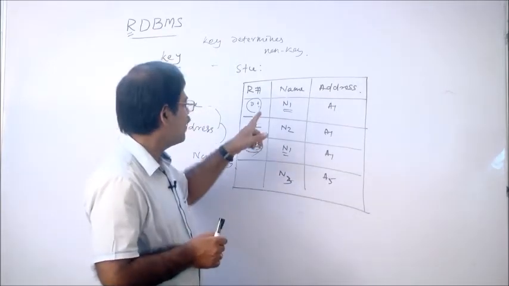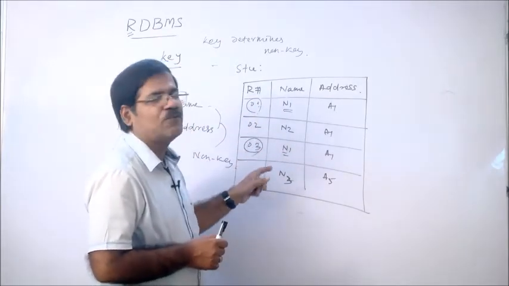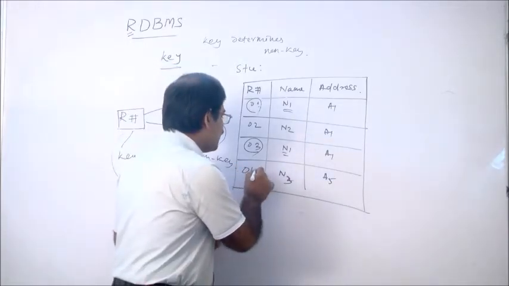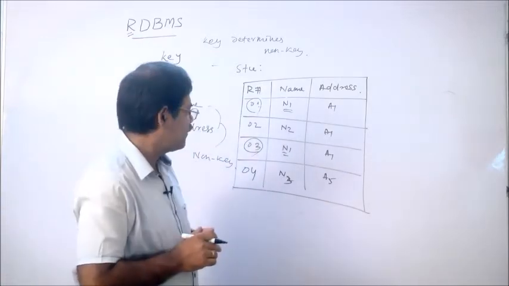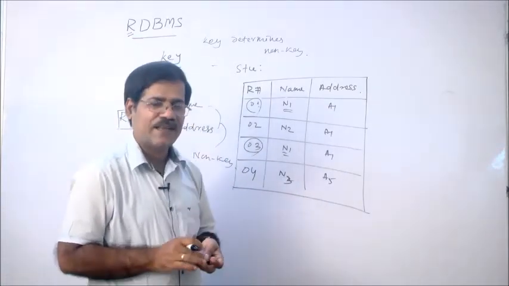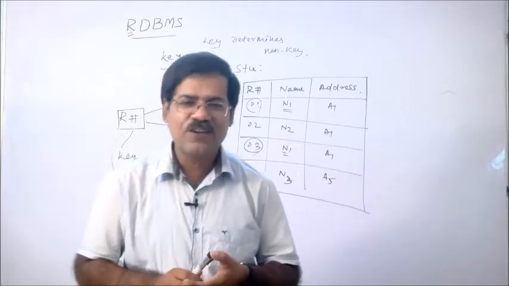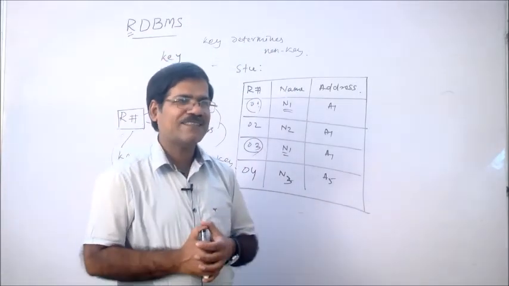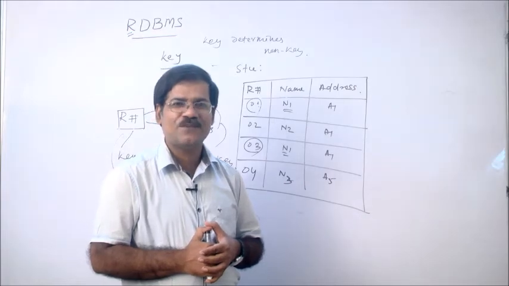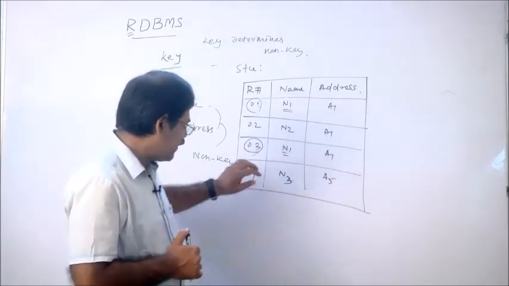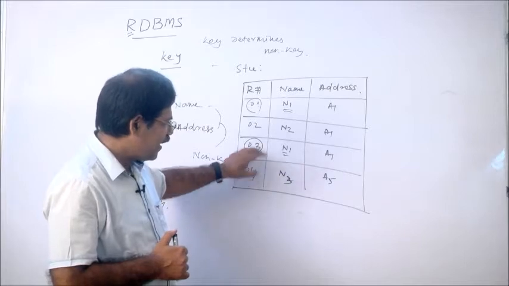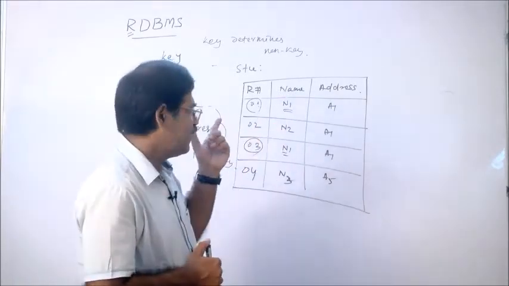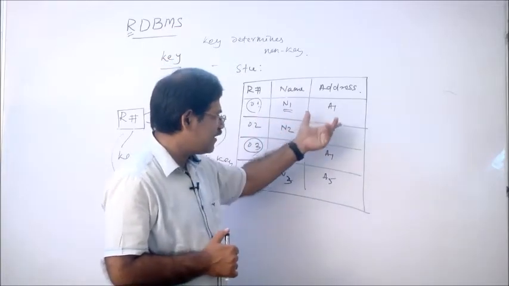So, here no one's roll number is duplicated. Everybody has a single roll number. The first property is satisfied, and the second one is that the roll number field should not be blank. In a particular class, a student having no roll number is not possible. So this field must not be blank and duplication is also not allowed, but here the name is duplicated, and the address may be duplicated.